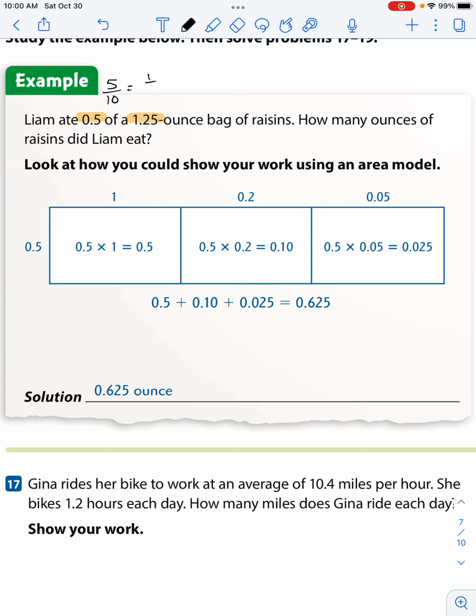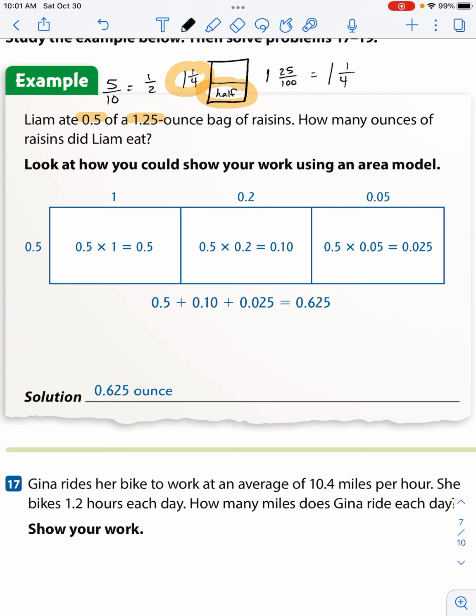5/10, that's a half. Okay, so in other words, Liam ate a half of a 1 25/100 or 1 25/100. Well, wait a minute. That's also the same as 1 1/4. So he ate half of a bag of raisins that was 1 1/4 ounces, and he ate half of that. Okay. So how many ounces did he eat? So we're trying to figure out what is half of